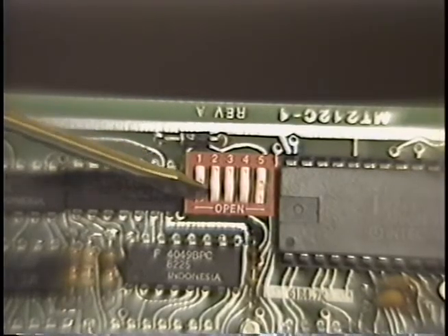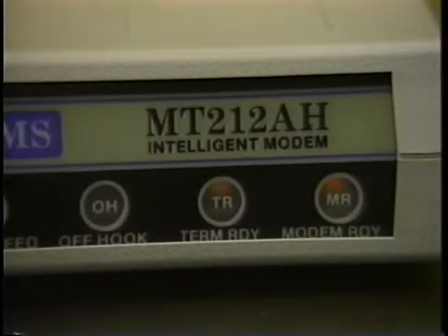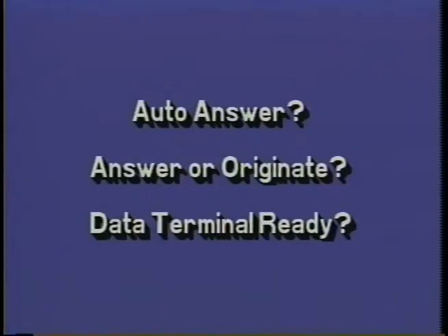It's sometimes desirable to force pin 20, data terminal ready, on in the modem if your terminal or RS-232 cable doesn't turn the signal on. These three options, auto answer on or off, answer or originate mode, data terminal ready, are the most important general